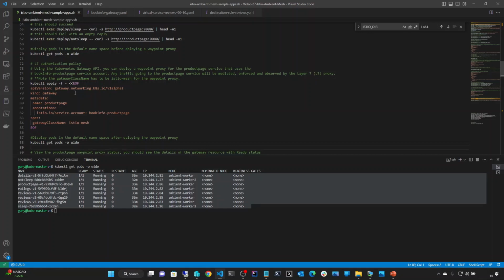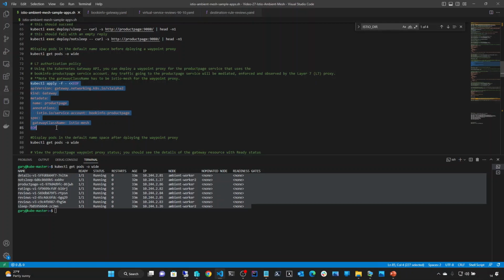Basically, those two service accounts from the sleep and from the gateway are allowed to call into the product page, but we also add a clause that says only the HTTP GET operation is allowed. But before doing that, first we need to create a